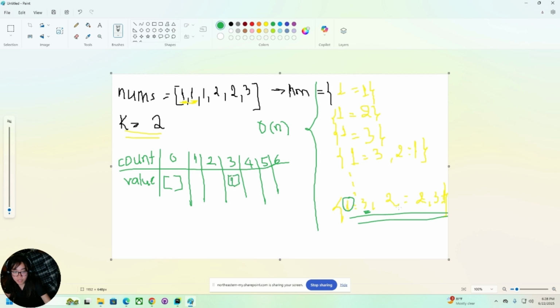And then number 2 occurred twice. So in this case, it's 2 in here, and then number 3 occurs just 1. So here number 3 would be in this right here. And then we could just return the top 2 elements, which in this case would be this 2 and